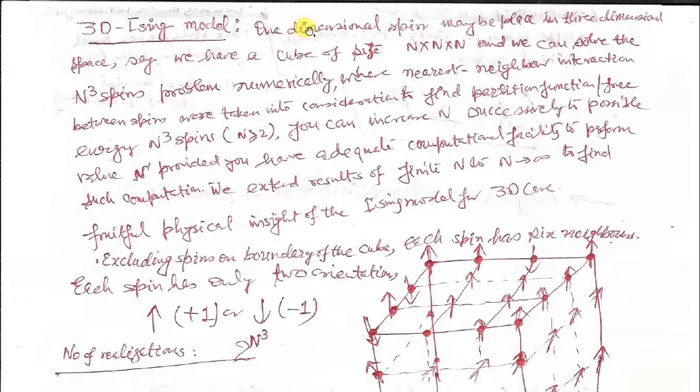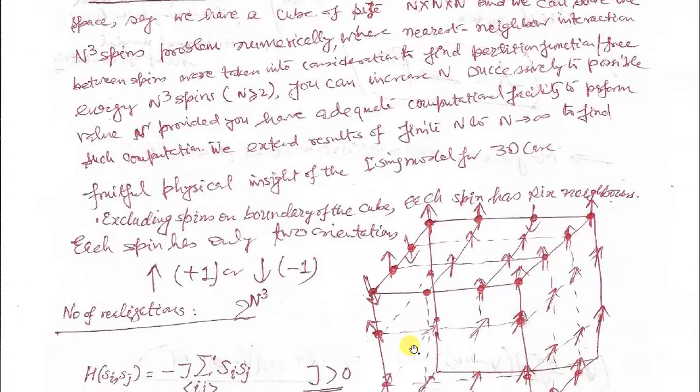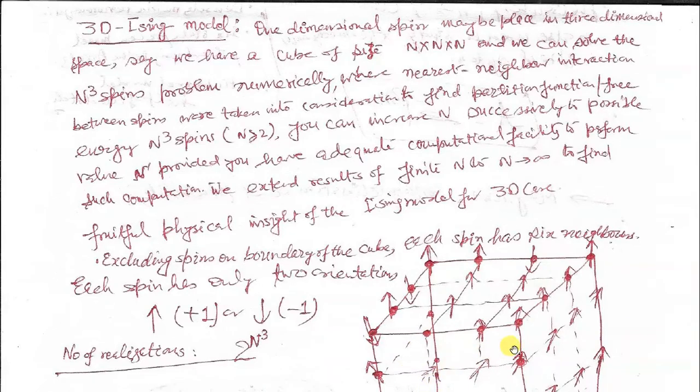So in the case of 3 dimensions, suppose we have a cube. Say it is a simple cubic lattice. So we can arrange spins onto the corners of the cube. The spin can be either up or down. So we can arrange these spins. Say n spins are arranged along the x-axis, n spins along the y-axis, and n spins along the z-axis. So you can have n cubed spins for a finite-sized 3-dimensional Ising system,